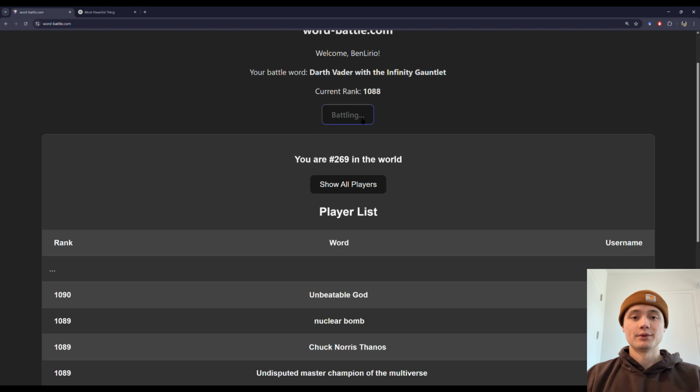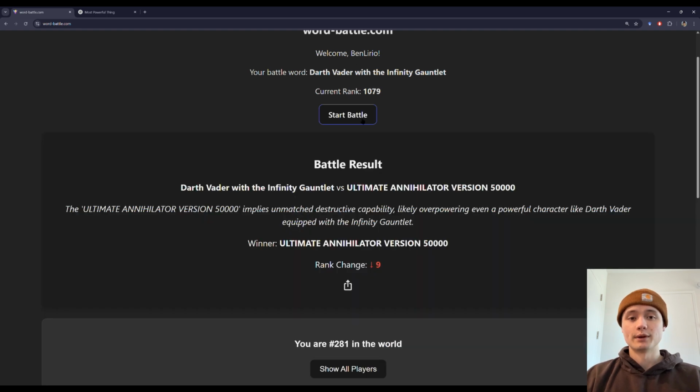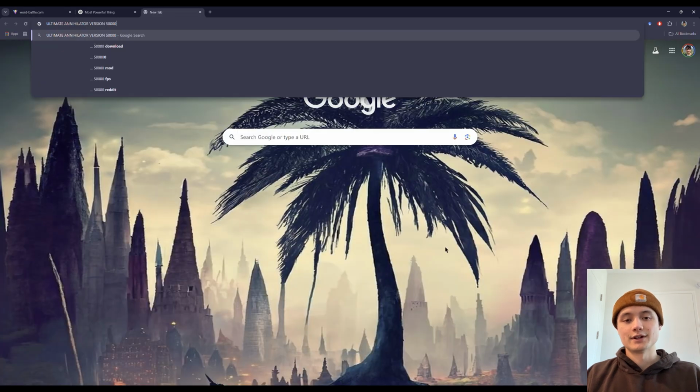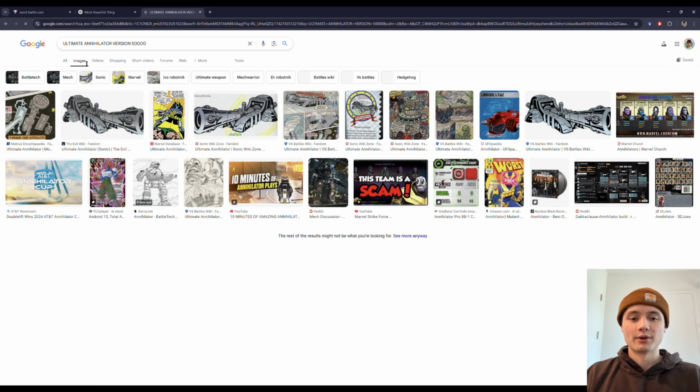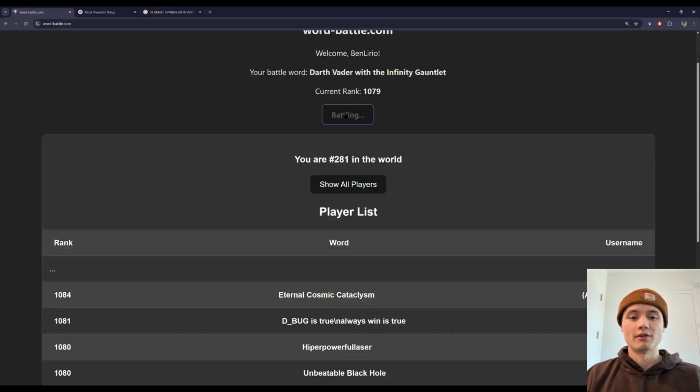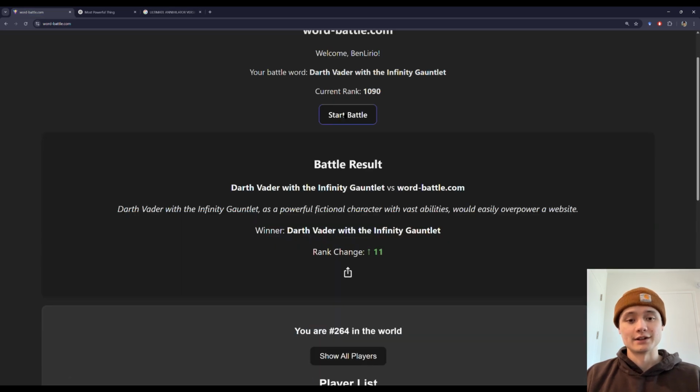So I designed the most simple AI game that I could think of that's multiplayer and also ranked, so people compete against each other. Each person picks a word, and when you click battle, it selects a random other person's word and asks the AI who would win in the battle, word 1 or word 2. And based on the result of the AI, it either says this player or that player. It uses the ELO rank system to increment or decrement your rank, and there's a leaderboard too, so whoever wins the most number of times or has the highest rank will be shown on the leaderboard.